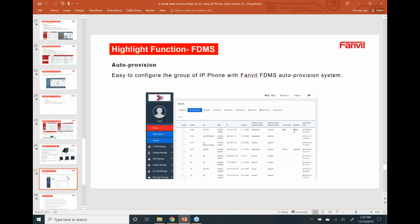This is just a quick screenshot of FDMS, which is really our management system. We have two items that are involved. We have one that's the management system, but this also works in conjunction with the FDPS, which is our redirection server as well, which is a whole separate application, which allows you to register all of our